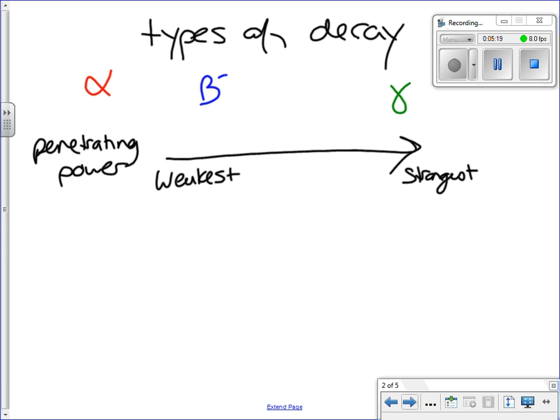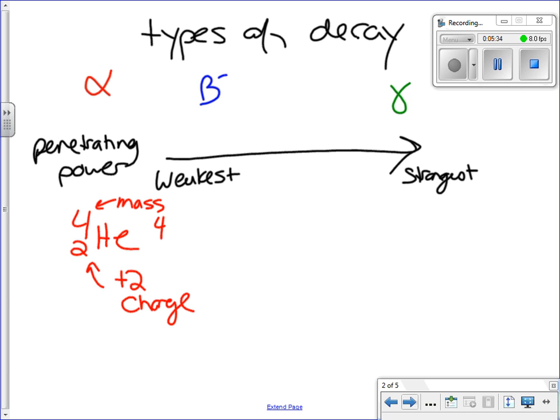Okay? An alpha particle looks like this. It's a helium nucleus. It has a charge of +2 and it has a mass of 4. A beta particle looks like this. It has no mass and it has a charge of